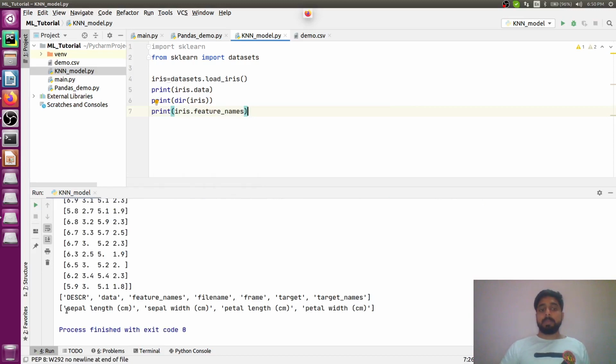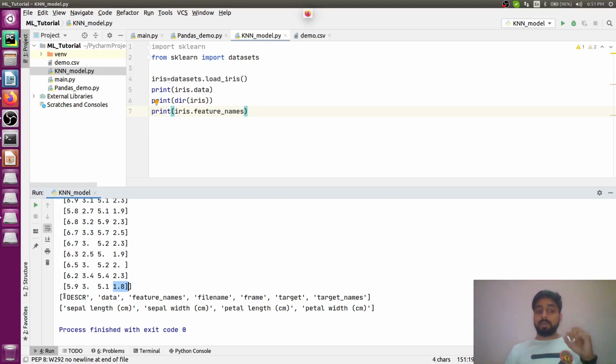So you can see here we have four different features. The first one is sepal length, the second one is sepal width, then petal length and petal width. So this is how we have four different values, and all the values are in centimeters. Similarly, this is a row in which the first value, 5.9, is the sepal length. The second one is 3.0, which is sepal width. This is petal length, this is petal width. So we have four different features, based on which we are classifying what type of flower we have over here, right?